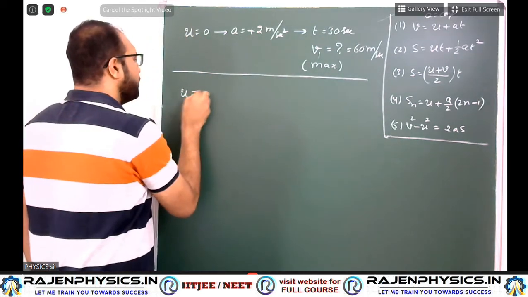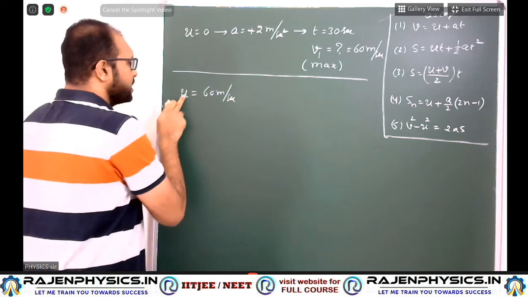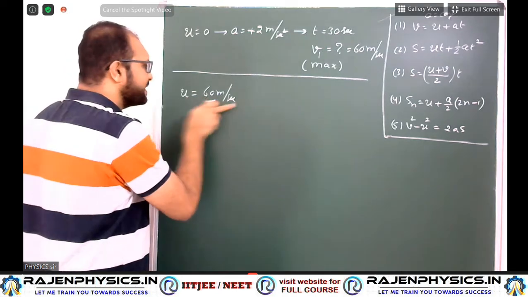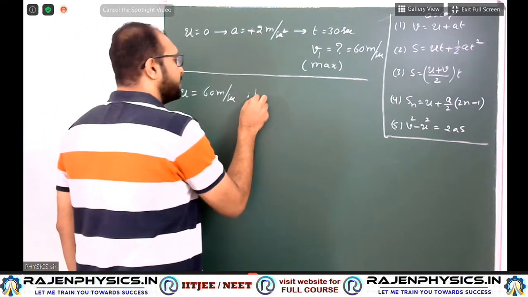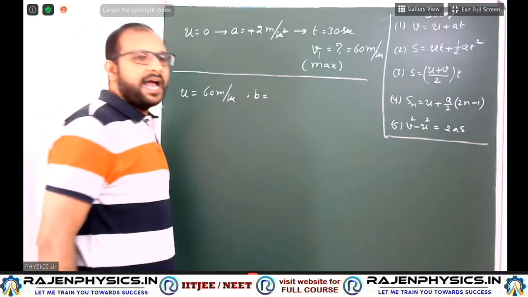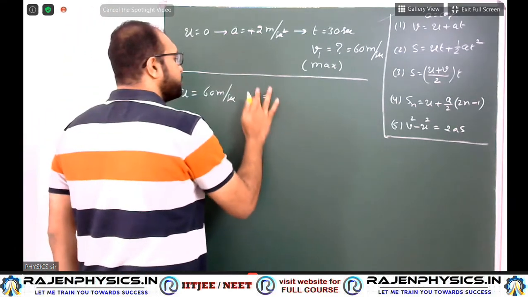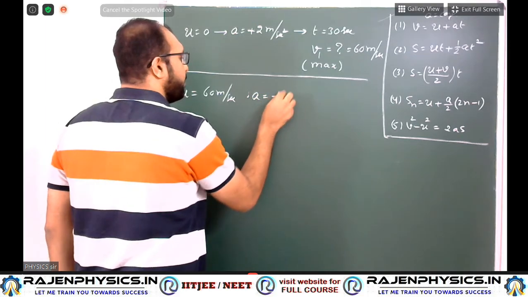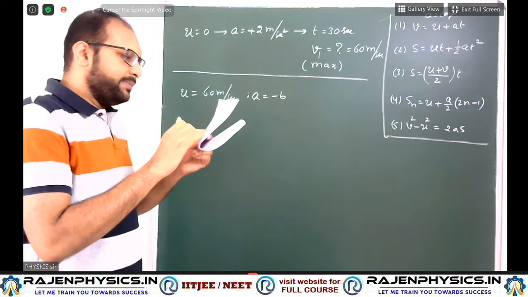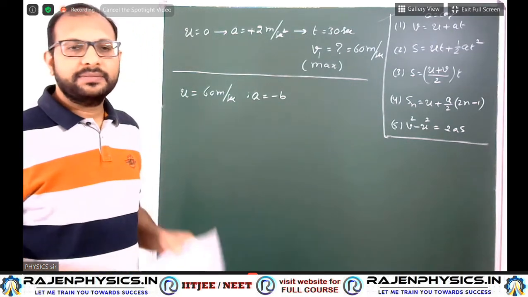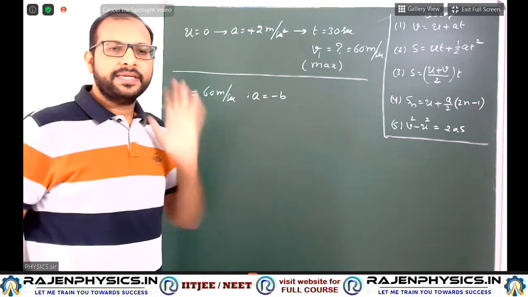Now, U equal to 60 meter per second. Students, U equal to 60 meter per second this side. This time brakes have been applied. That means deceleration, I am assuming it as B. Otherwise you assume A equal to minus B, because this number we still don't know. Some number, that is uniform retardation. A equal to minus B. Students, it is not a 6, it is a B.